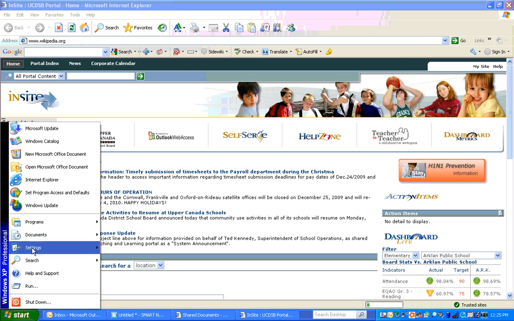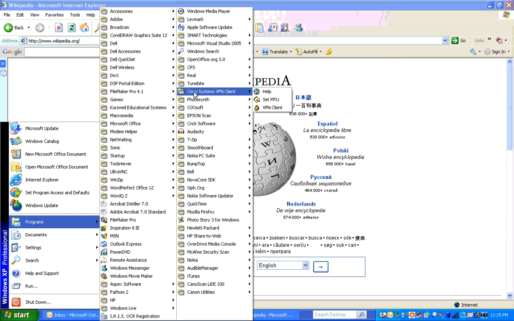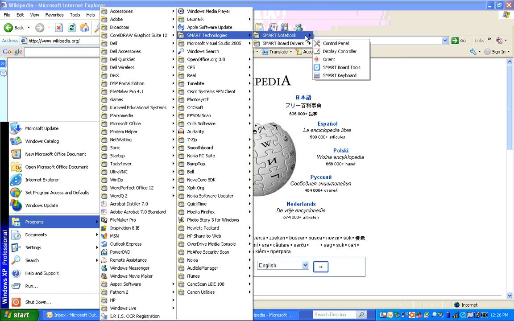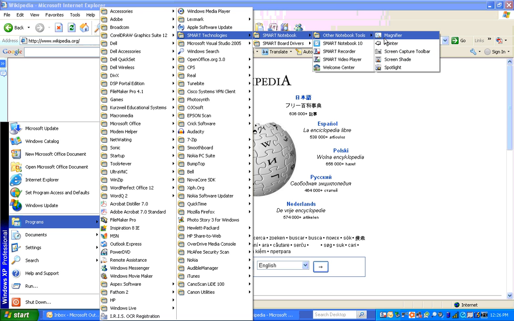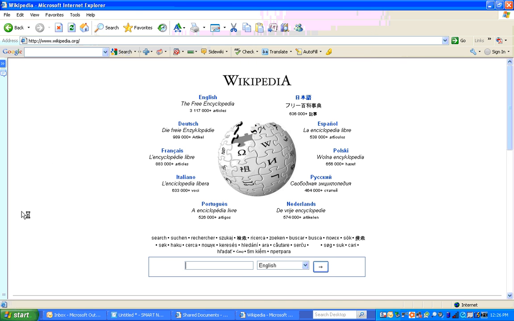I'm going to want to open up, and mine won't be in the same place that yours will be. Yours will be under the Upper Canada version, under the Essential Tools tab. But you're going to want to go to Smart Notebook, and open up the Smart Notebook Tools, and you're going to want, where is it? Smartboard Tools. So open up Smartboard Tools, and you'll see this little